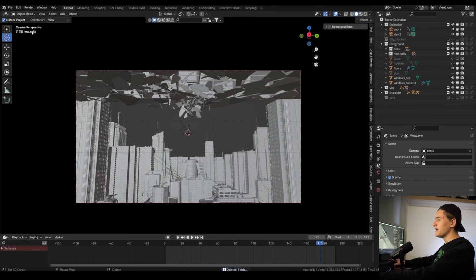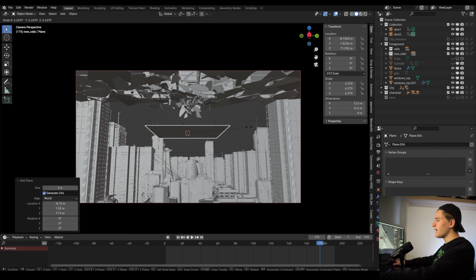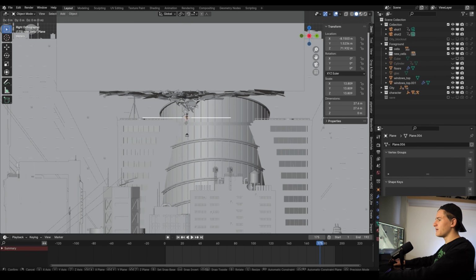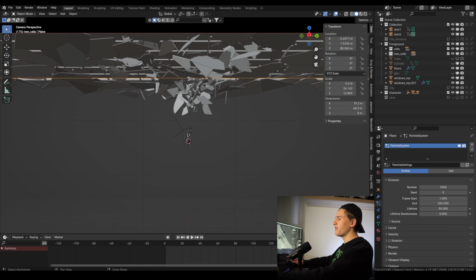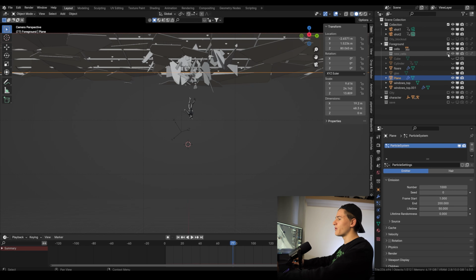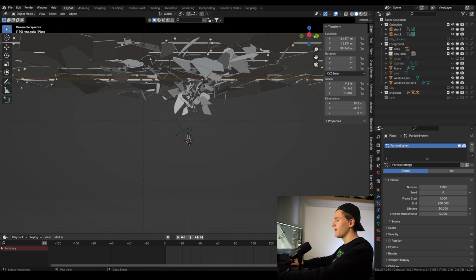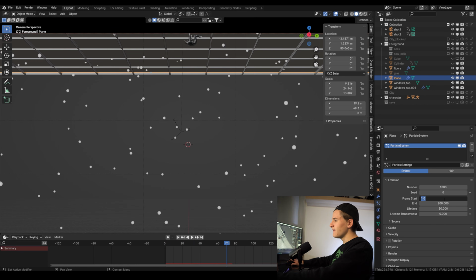Let's put the 3D cursor on our guy so we don't have to always move the new objects up. Let's add in a new plane and scale it up. Now let's add a particle system. By the way, if anything starts lagging, you can easily deactivate the collections we don't use right now, like the cells or the city. Okay, then on the particle system, set the frame start to 70 and